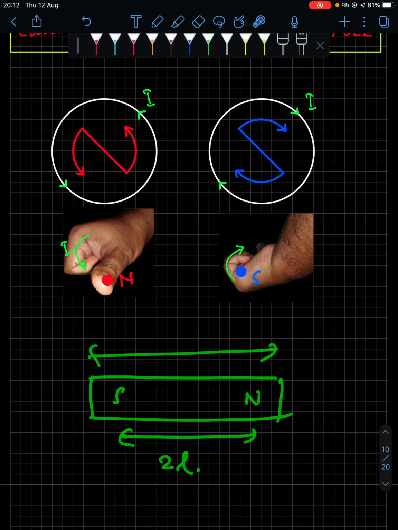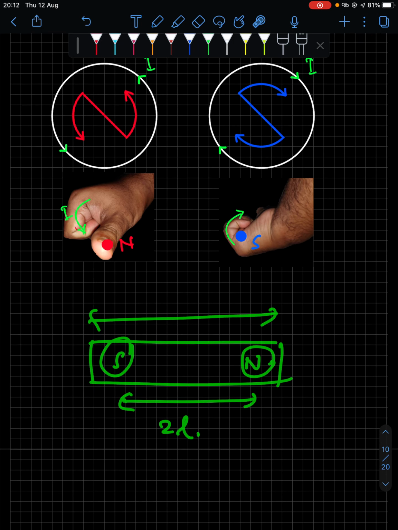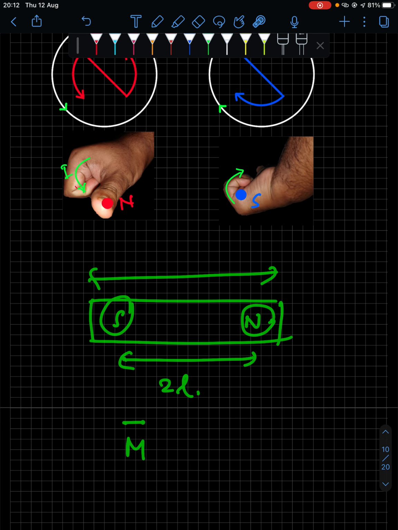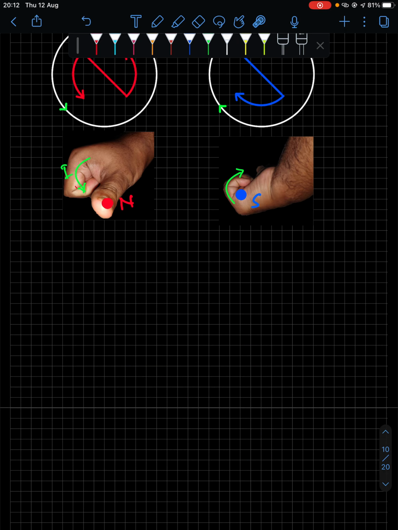All right. Now two poles separated by a small distance. Here the poles are south pole and north pole, separated by this small distance. You call this a dipole. You have something called magnetic dipole moment, which you represent with capital M. Magnetic dipole moment in terms of magnetic pole strength is m into 2L. This you will get in the next chapter, where m is the pole strength, mind it. Here the north pole will have pole strength m, and the south pole will also have pole strength m. We'll see this relation in the next chapter.